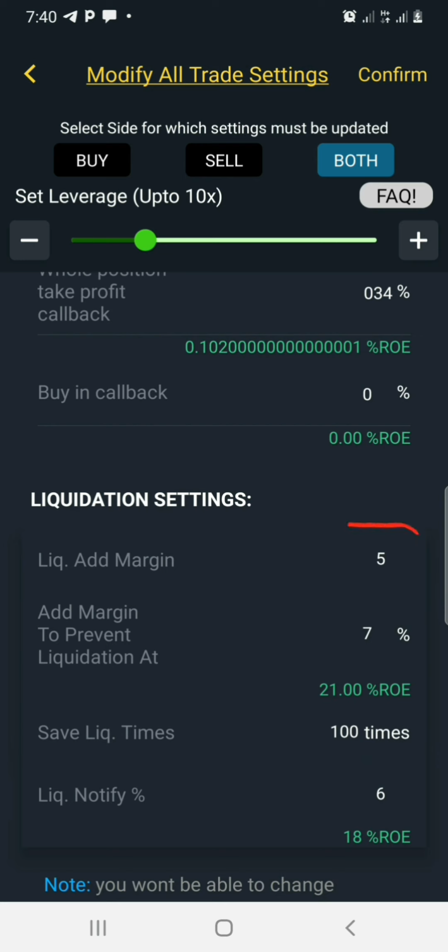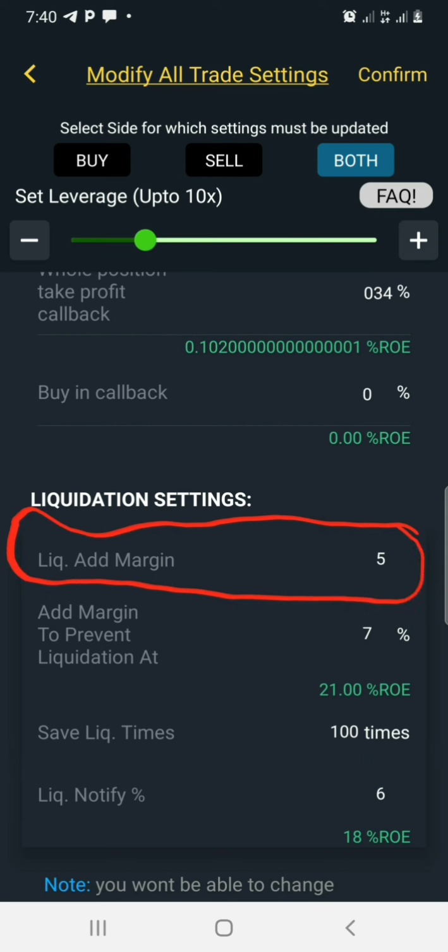add margin here. In case of extreme market conditions where your liquidation price starts going up, the liquidation add margin, you are saying to the bot that when the liquidation margin goes off, at every margin add $5. So this is actually $5. If you set 10 here, it's $10. So that's what that means. Yep. Then you have